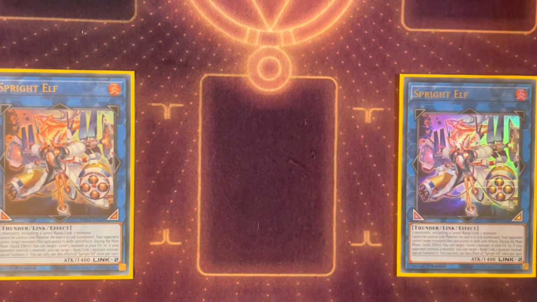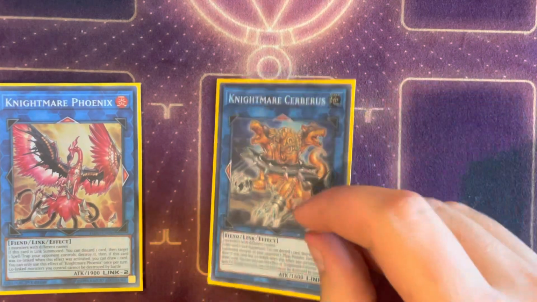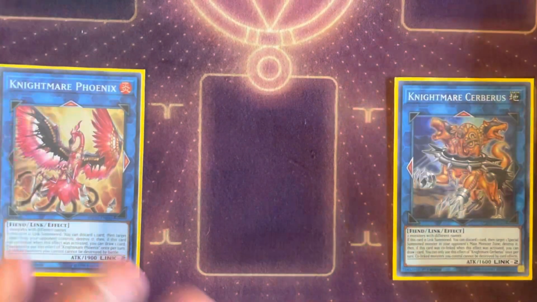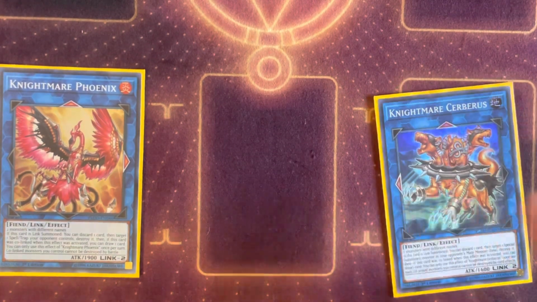I'm 40 in the main, keeping consistent there. Double Sprite Elf. I don't think you need 3. I think 2 is totally fine. 1 Phoenix, 1 Cerberus. I think this is okay as well. I think the most cuttable card in the deck is definitely Cerberus for the extra deck,